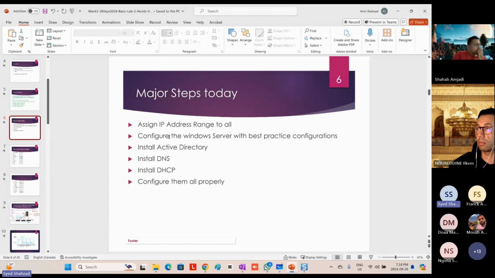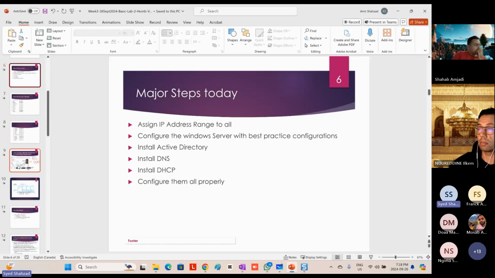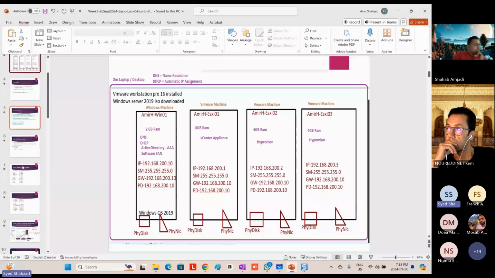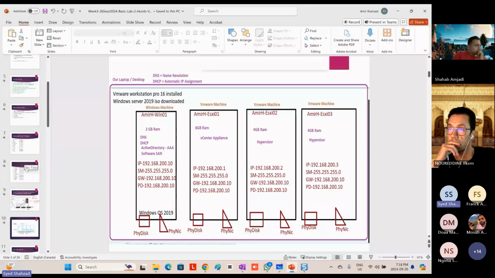Configure the Windows Server with best practice configurations. This machine, we're going to be building on top of this network. We're going to build a lot of stuff on top of it, and we're going to be adding so many new features here. So that's why every configuration has to be